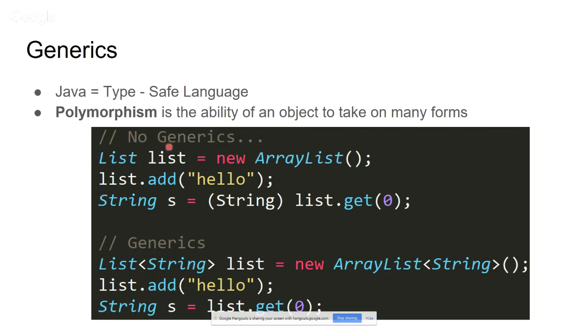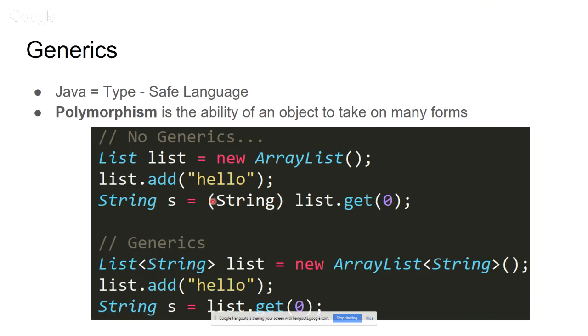This example doesn't use generics. First we are creating a list, but wait a second, of what type is this list? It has no type, right? So here we add a string, which is hello, and we place this hello string value inside the list. And then we get the value by its index, which is element 0, the first element, right? So we're getting it,